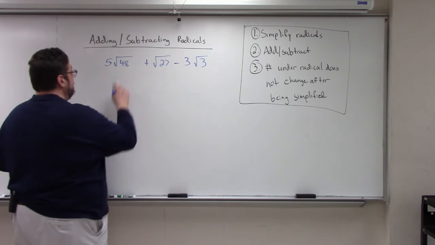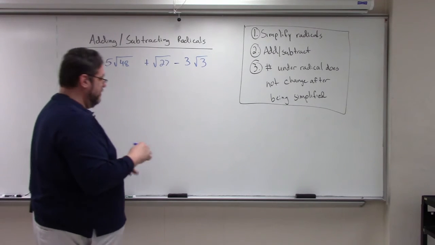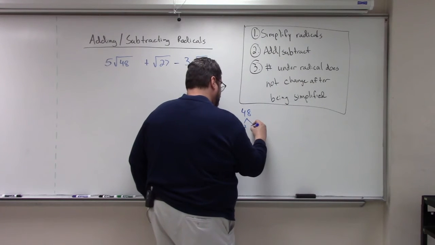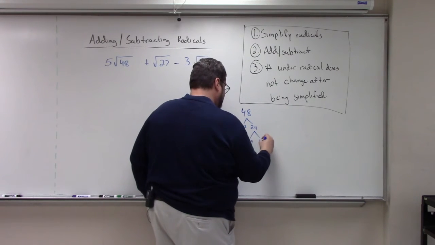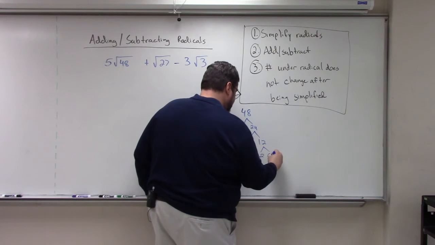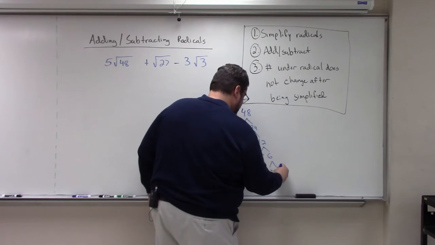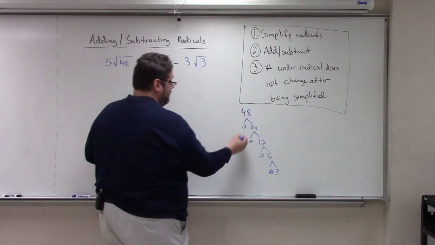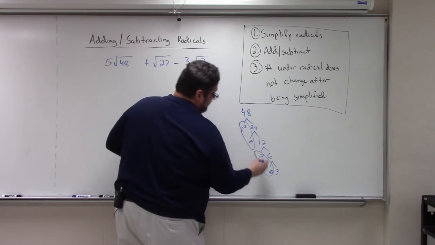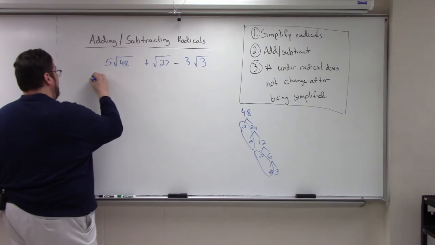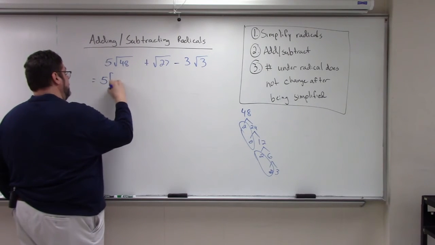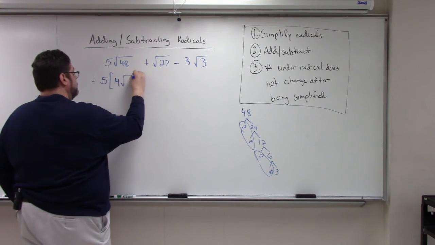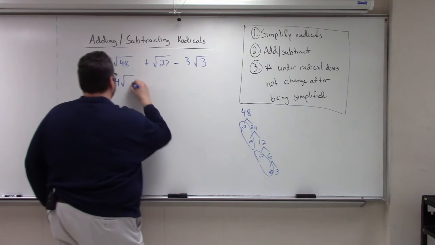All right, first thing is 48. So I'm going to come over here. 48, that's 2 times 24, which is 2 times 12, 2 times 6, 2 times 3. All right, I'm talking about square roots. So I've got a pair of 2's, and then I've got another pair of 2's. So I can write the square root of 48 as 2 times 2, which is 4, square root of 3,